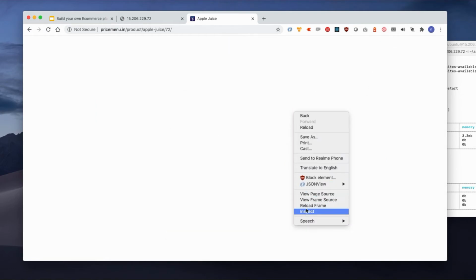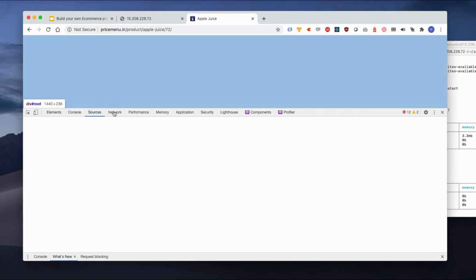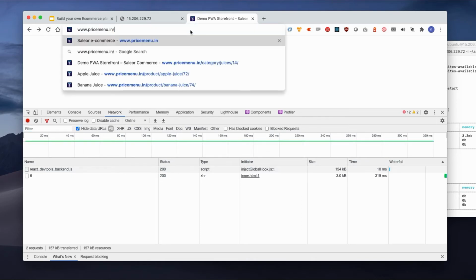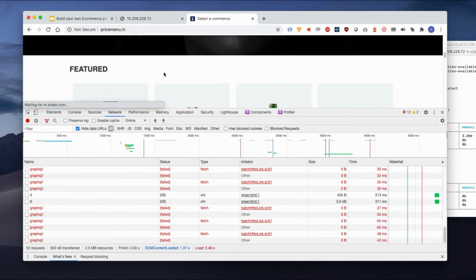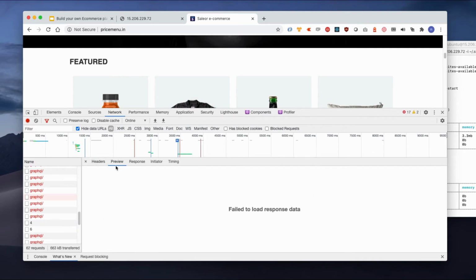It is not working because my core is down. As you can see, my GraphQL is throwing 404.